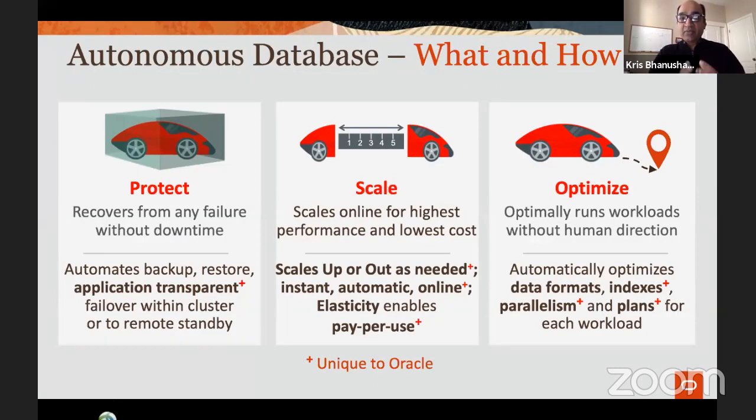For example, automatic indexing was one such feature that was introduced in 19c. And so both the service as well as the database are focused on making sure that databases become easier and easier to consume as a service. Hopefully the idea is, just like you use your smartphone, you get the work done quickly and move on with your life, that is how you would also operate large fleets of databases in your organization in the future.